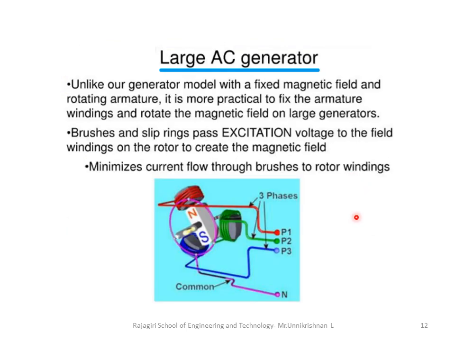Now, till now we were moving the coil. So in large generators, it will be a difficult task to rotate the coil. Instead of that, we will be rotating the field. So in this figure you can see that coils are kept stationary, and at the center of the coil you are rotating a magnet. North pole and south pole is shown. So this is a two-pole magnet.